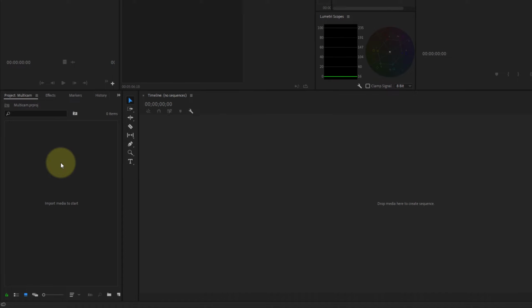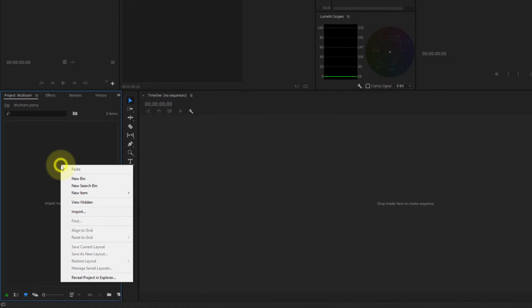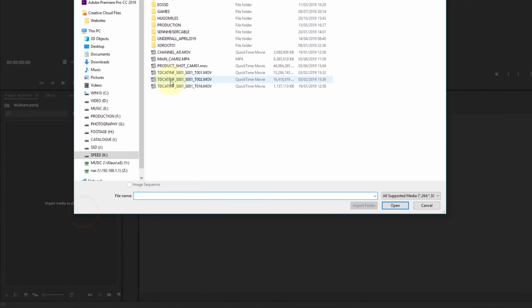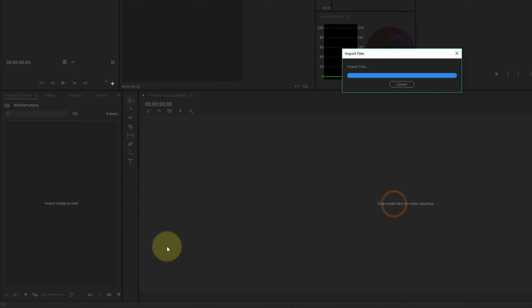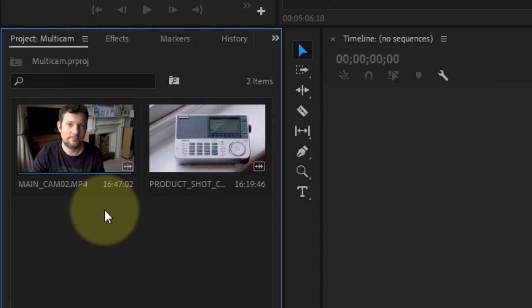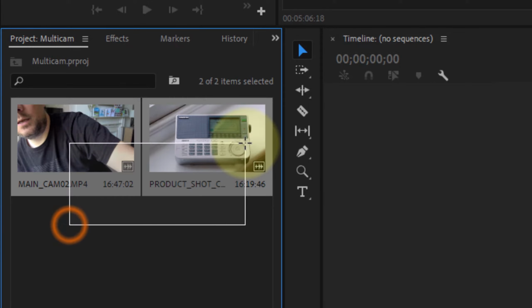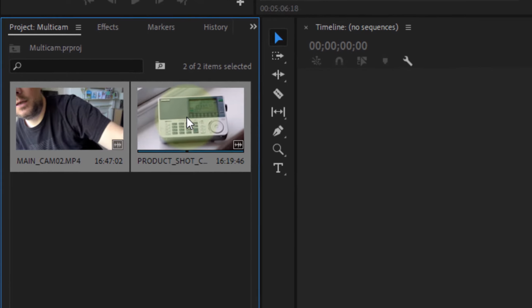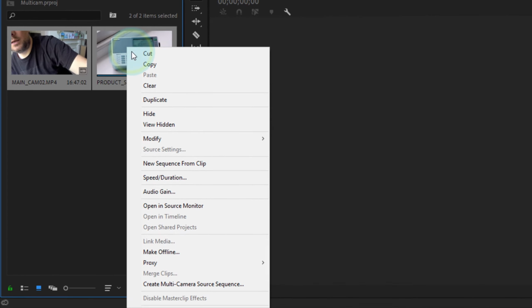So let's import the media to start. I can do that by double-clicking here or right-clicking and going to import. And I have my two clips. I'm just using two for simplicity here. One's a product shot and one is the main camera. And I'm going to open those, and that imports them as usual into my project area. Then I'm going to select both those clips, and creating that initial multi-camera project really is as easy